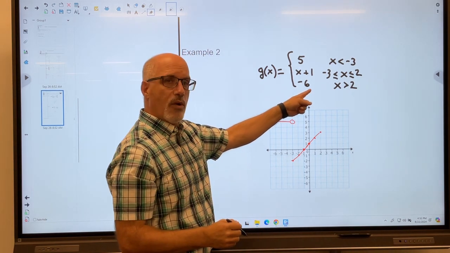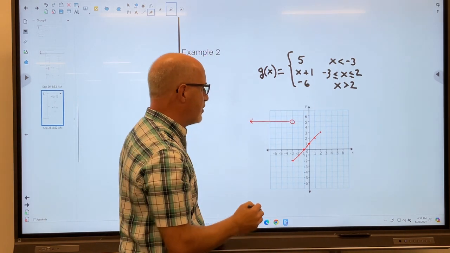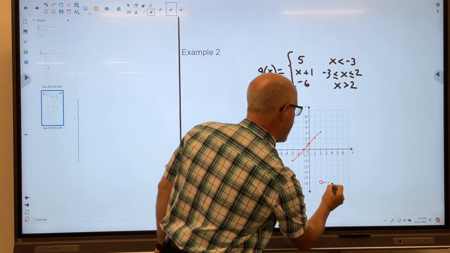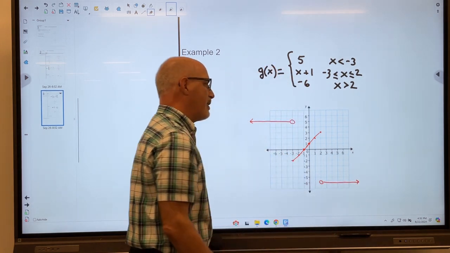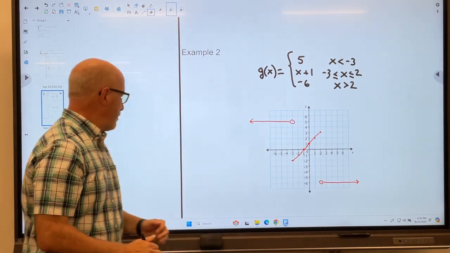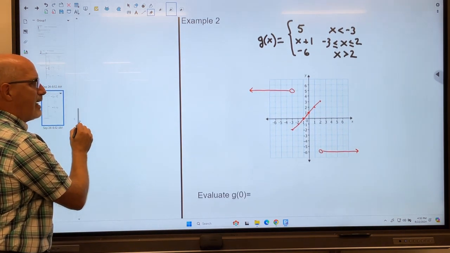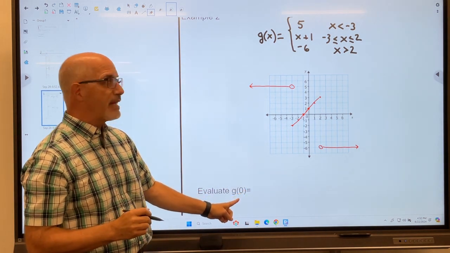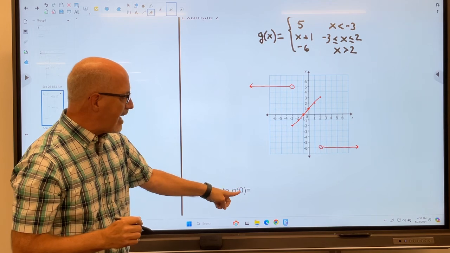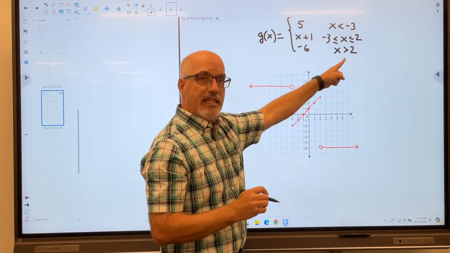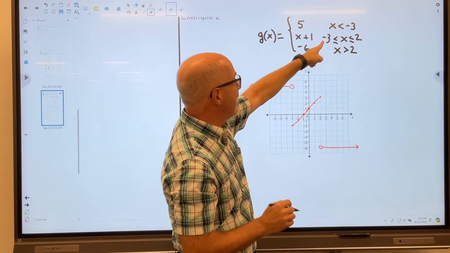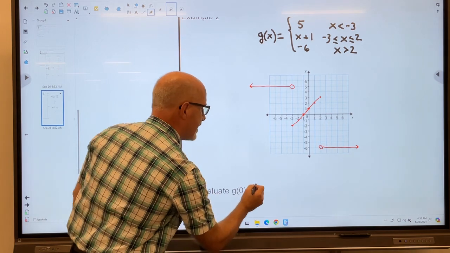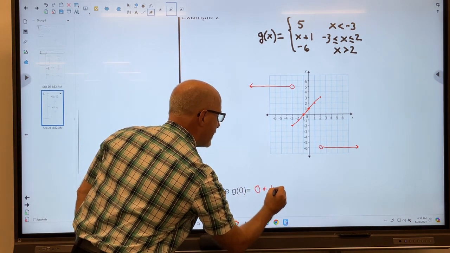And then lastly, this is going to be a horizontal line. I just want to go greater than 2. So I'm going to start it at 6, down here at -2, put an open dot, and draw a horizontal line for that piecewise function. So let's do one last thing here and look for what g of 0 would look like. Again, when you have a problem like this, look for where that x value, 0, fits into these domains. 0 fits in here between -3 and 2. So what I would do is put the 0 in for that. I get 0 plus 1 is equal to